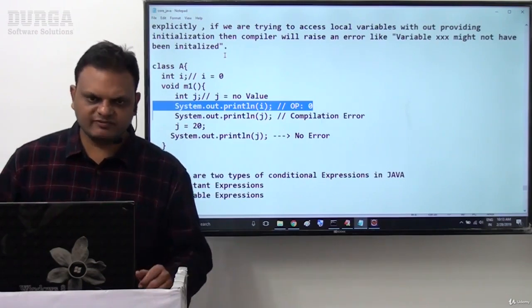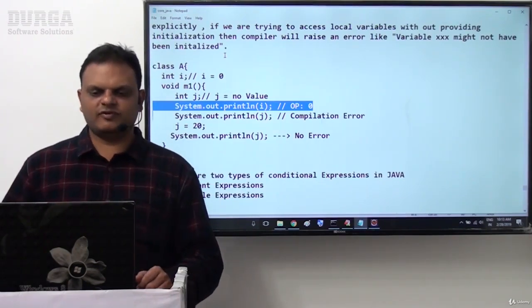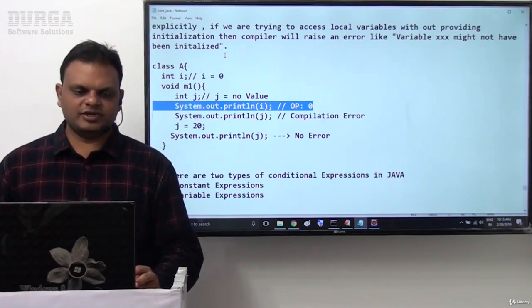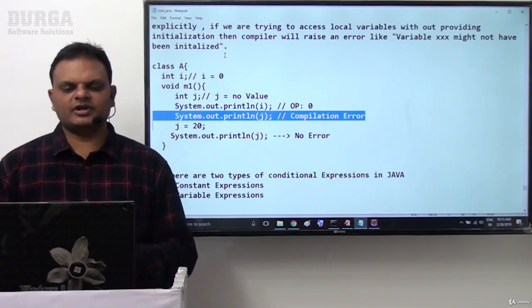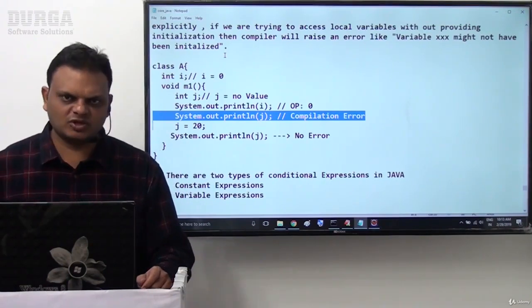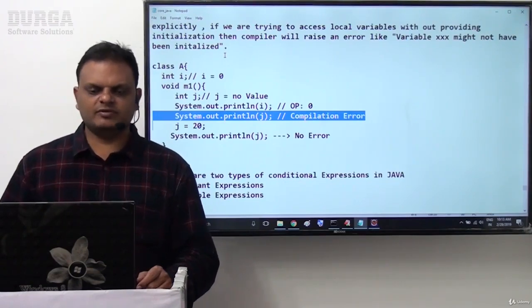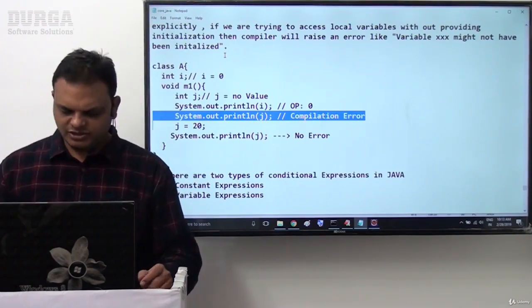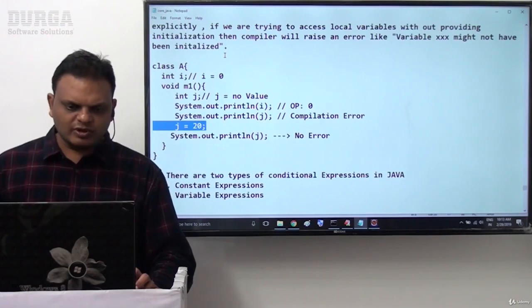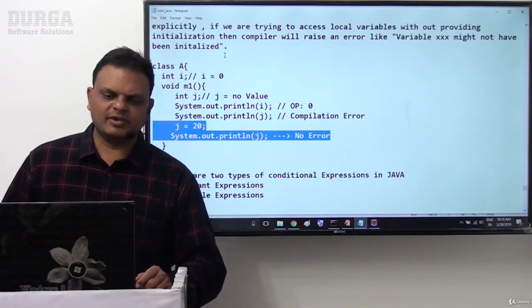Still we are able to get a value: even though we have not provided one, by default the JVM will provide 0. Next, System.out.println of j. j is a local variable, but we have not provided any initialization for it, and we are trying to access it. So here we are going to get a compilation error. Now j is equal to 20, System.out.println of j. Here we are not going to get any compilation error.